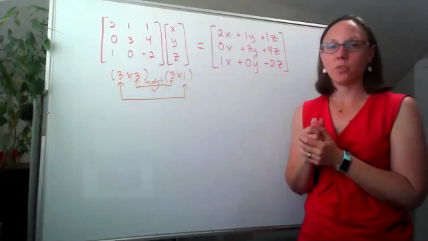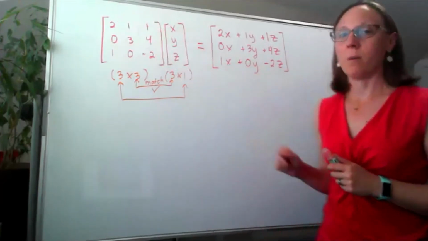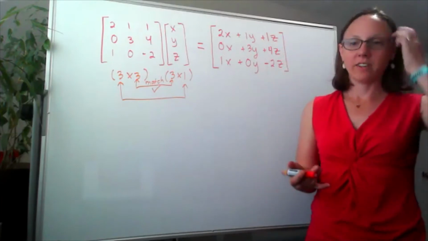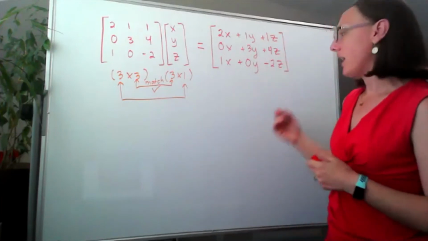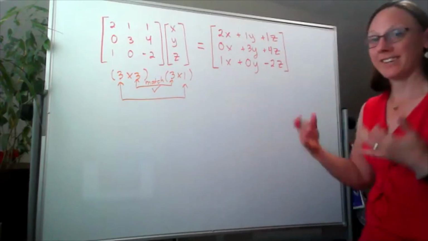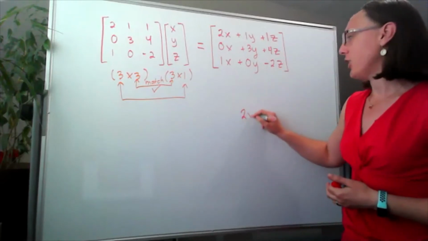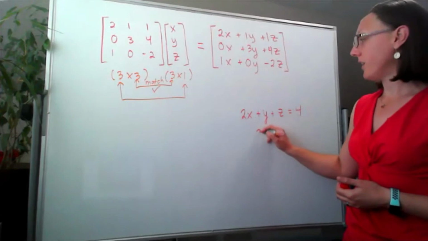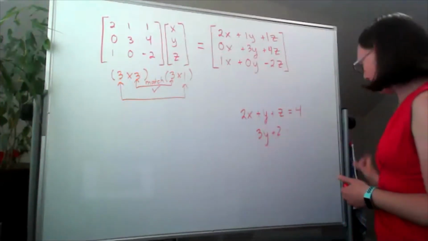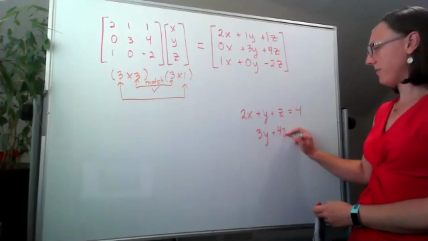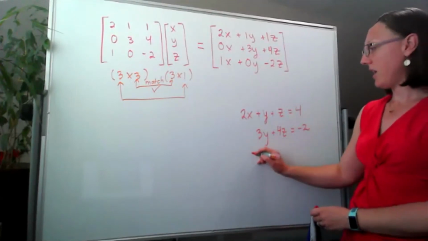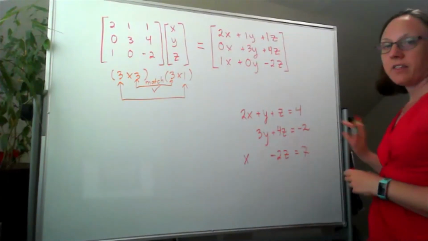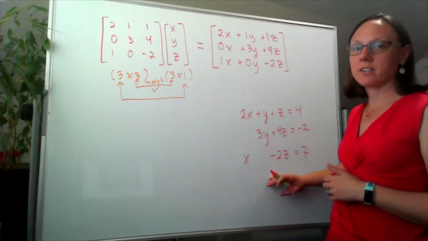If I compare these two things, this matrix represents the coefficients of the X, Y, and Z over here. And one of the things that that's going to allow us to do is if I started off with a system of equations that looked like 2x plus y plus z equals 4, 3y plus 4z equals -2, and x minus 2z is equal to 7,